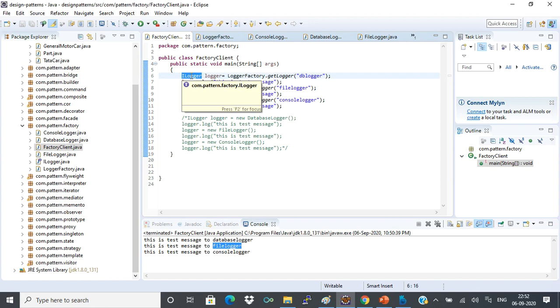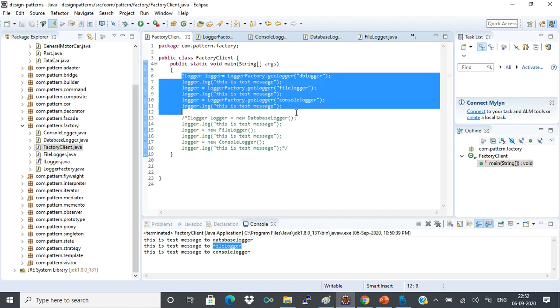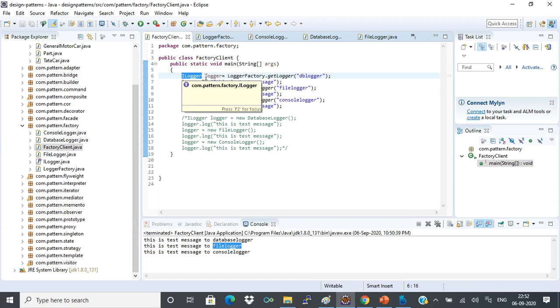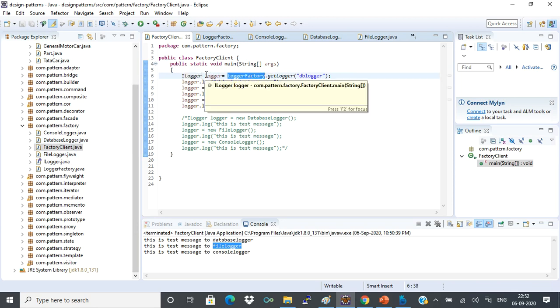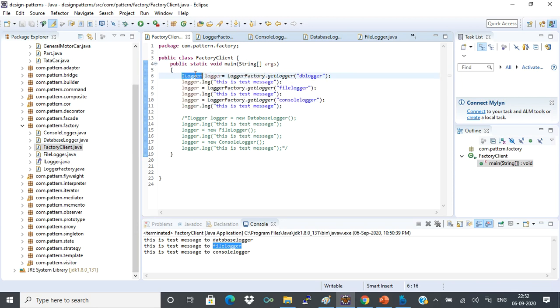So here, if you see in this class, anywhere we are not dealing with direct class names like database logger or file logger or console logger. We are just dealing with the iLogger interface only. And tomorrow, if there is a change in the class name from database logger to new database logger, I'll be changing only in the factory class, and that new database logger will still implement the iLogger interface. I will be returning the new database logger object, and when I call the log method of that object, it will go to that particular class object. Okay, hope you are clear, everyone.